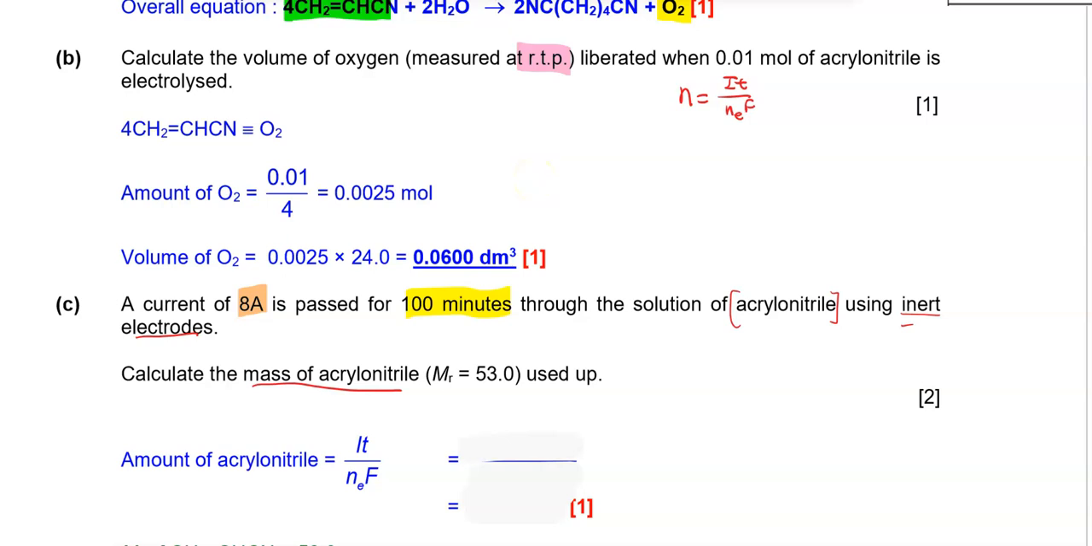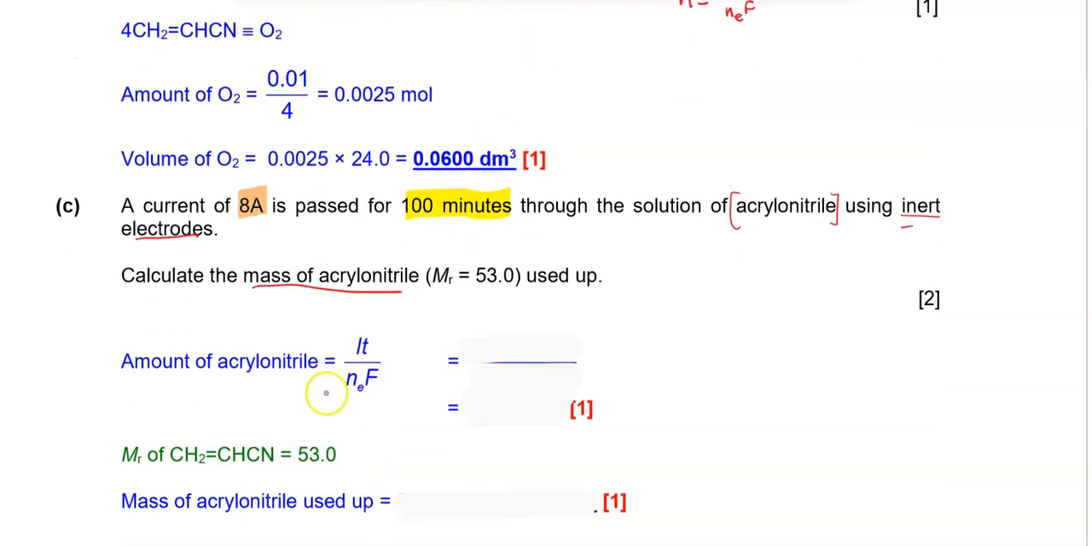So in this case, we can apply our formula, IT over nEF. I will be 8 ampere times 100 minutes. I need to convert to seconds. Of course, Faraday we know is a constant, 96,